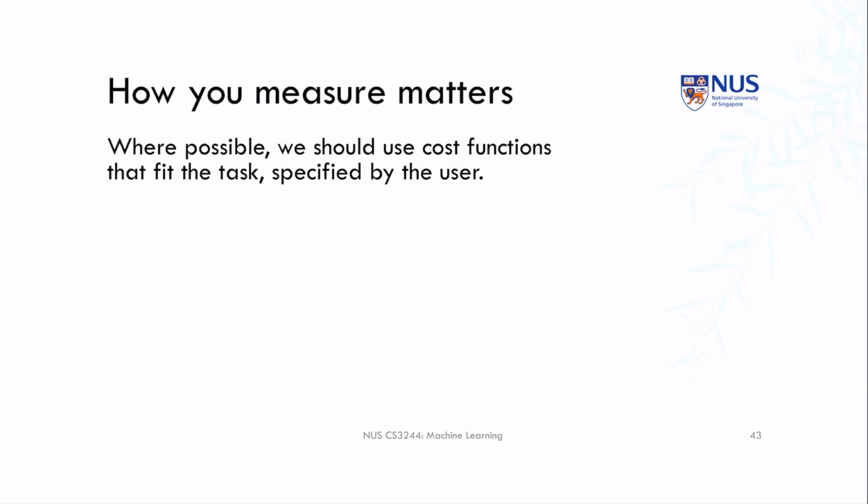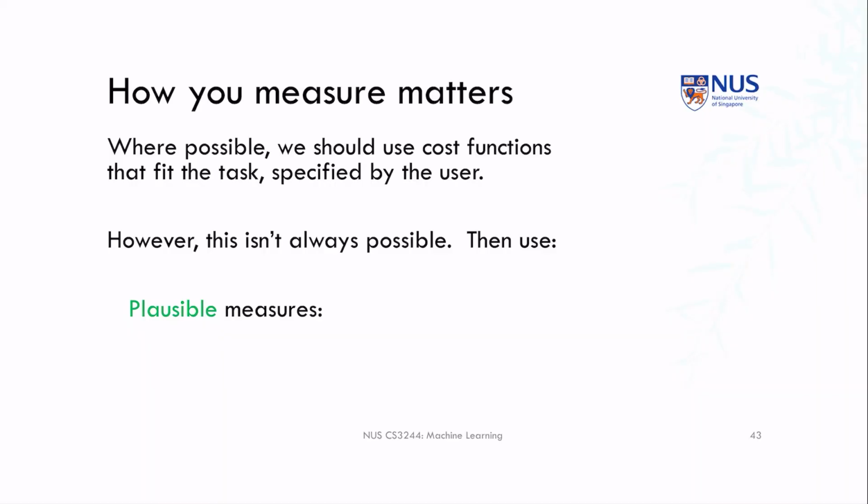So the moral of this story is that what you measure and how you measure it matters. Where possible, we should use cost functions that fit the task as specified by the user. But sometimes this is impossible. For example, if we don't have access to the original data source, or if we only have the data but not any access to the people who collected it, or we don't know what the problem represents, then we have to use something else. We can use things like plausible measures, which we'll see later about squared error,